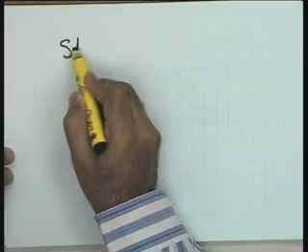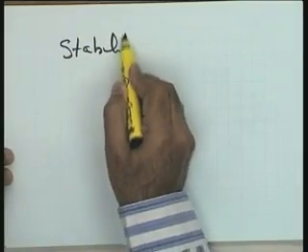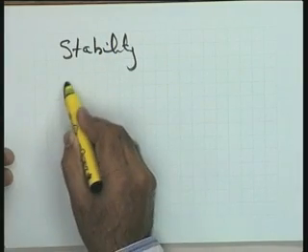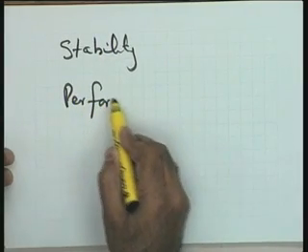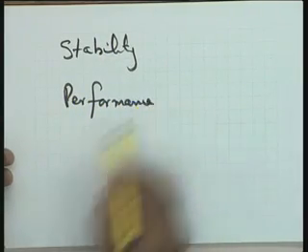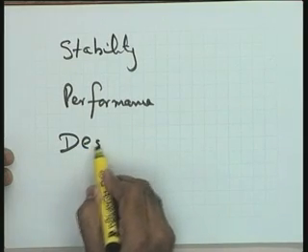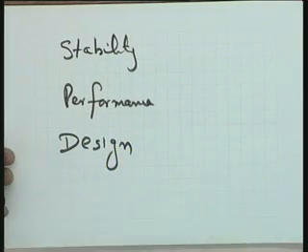Okay. With this now, I think I can go to the basic steps of the frequency domain analysis and design. I would like to first take up the stability, then how to specify the performance, and then the design. You see, these are the three steps we have taken up in the root locus method: the stability, the performance, and the design.